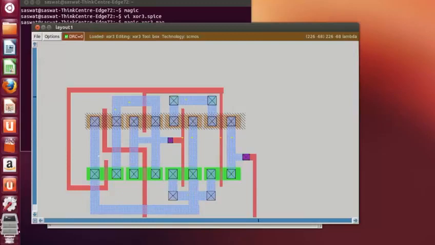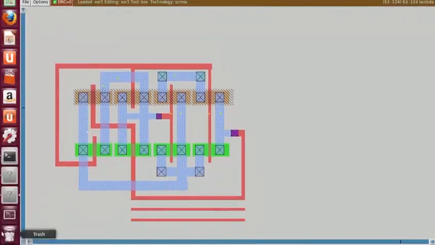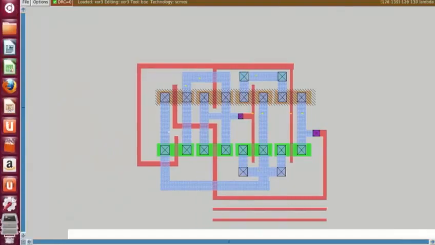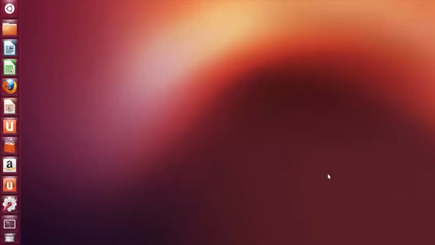Now zoom in, zoom in. So this is the final layout of a 2-input XOR gate by using 2 transmission gates. It's from here to here, here to here, and these 2 are the inverters. Now let's see the layout of a 2-input XOR gate by using transmission gate that is drawn from the normal